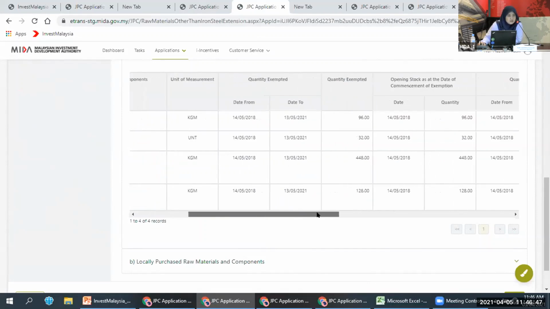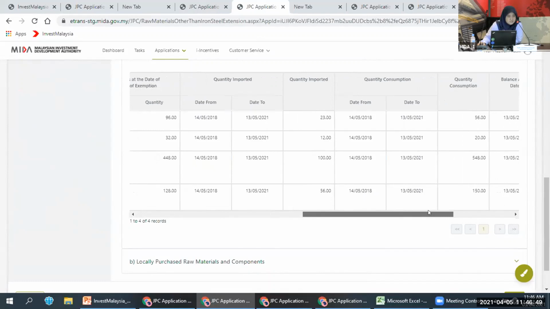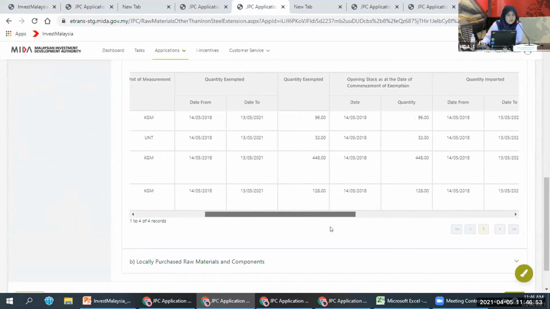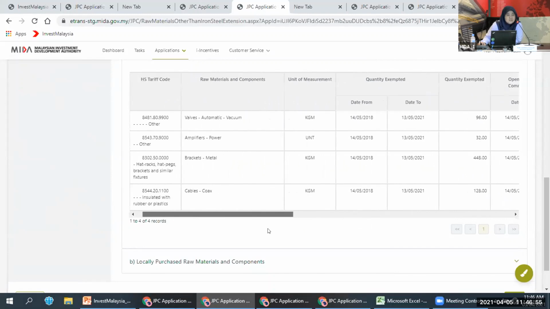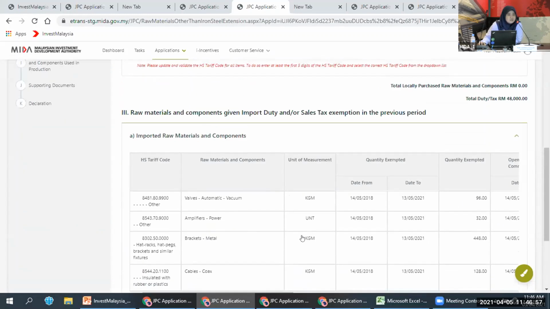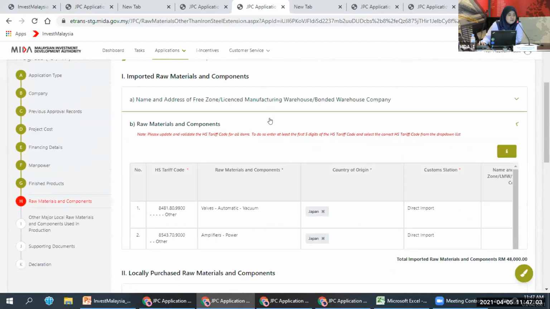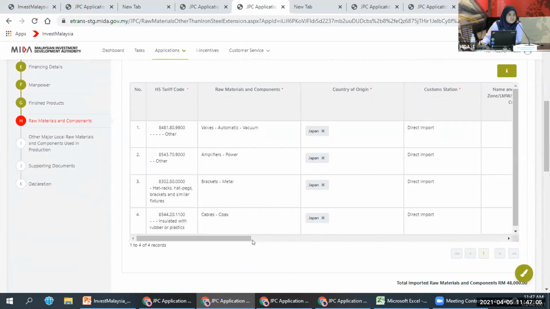This is similar to the one that we had previously in JPC Online. Those who have applied before will be seeing the same information required. So accordingly, please fill in the information in this section as well as the other sections.